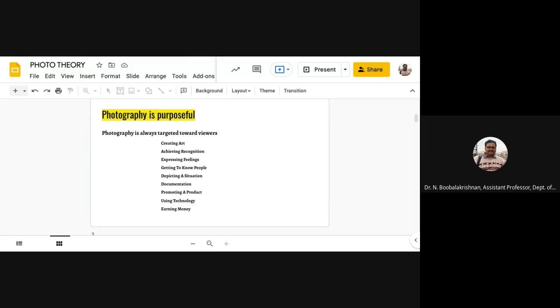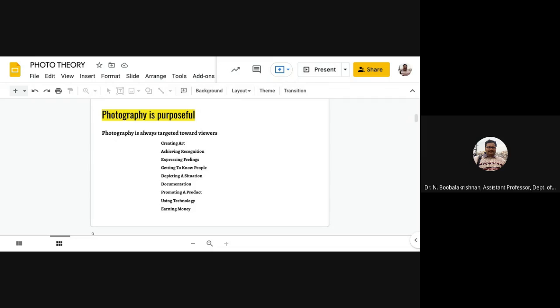I'll tell you the difference between a snapshot and a photograph. A snapshot doesn't have any purpose. You just point and click the capture button, and it captures something. It's like a snapshot. It doesn't answer any of the questions, so it won't become a good photograph. The photograph is totally different. You photograph it by asking these questions. So the purpose can be diverse. The reasons photographers photograph in the first place are diverse.